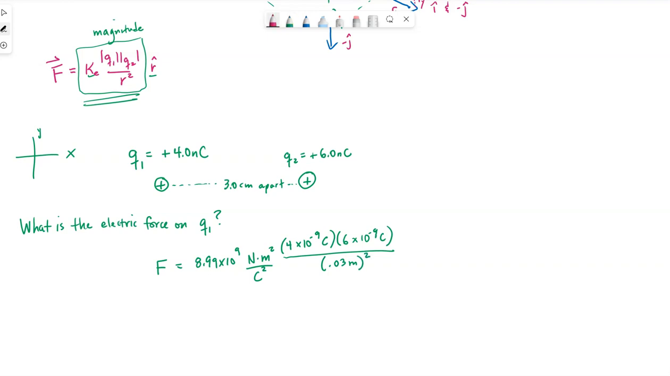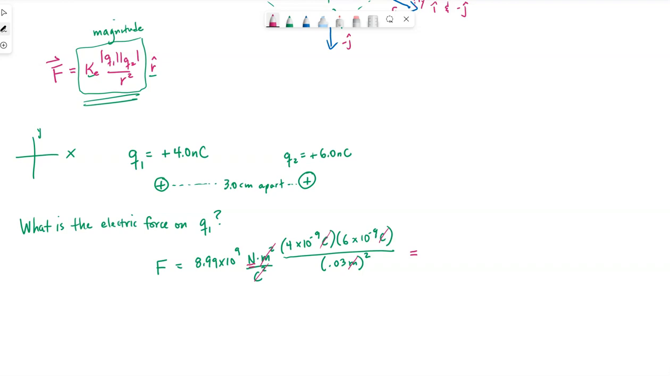So the coulomb and this coulomb are going to cancel with the coulomb squared in the units for K. When we square the meters, that's going to cancel with the meters squared in K and leave us with newtons, which, of course, hopefully we remember that newtons is the unit for force, the SI unit. So there's K,